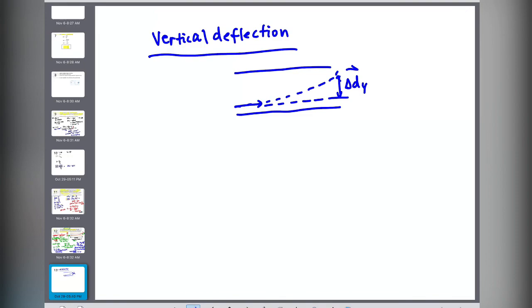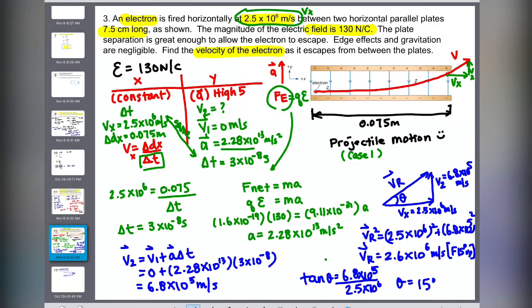But for this question, the vertical deflection is actually easier. The final speed question is slightly more steps, but it's not anything you don't know. The only thing that's new to you is F net equals ma, but this F net is found by